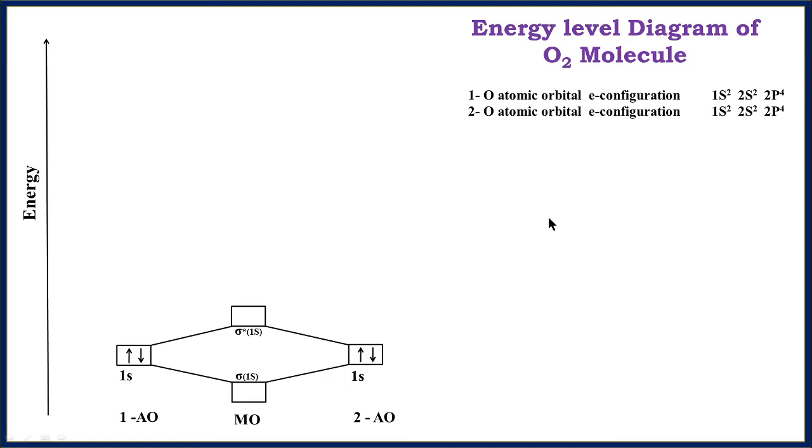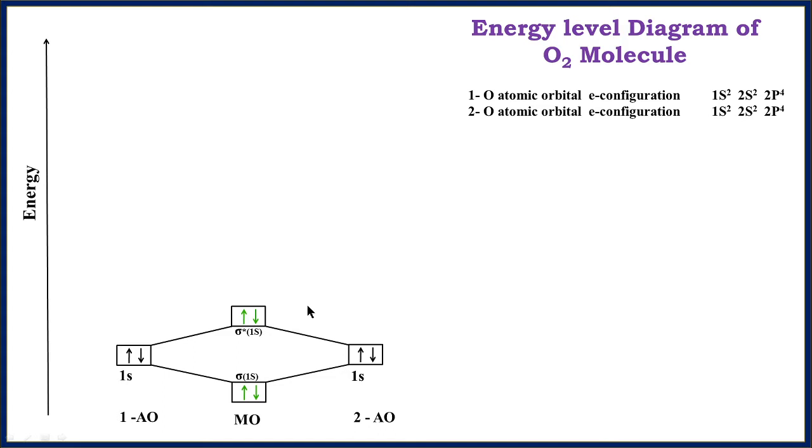According to the Aufbau rule, the first electron will get filled into the lower energy orbital. So the first electron will be filled in the sigma 1s. Among these two molecular orbitals, the bonding molecular orbital sigma 1s has lower energy. So the first electron is filled here, and the second electron will be paired here because each orbital, whether atomic or molecular, can have two electrons. Next, the third electron will be filled in the antibonding molecular orbital, sigma star 1s. Next, the fourth electron will be paired here. Now the 4 electrons are completed.